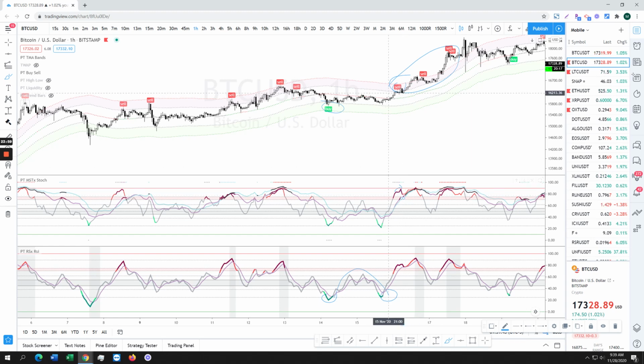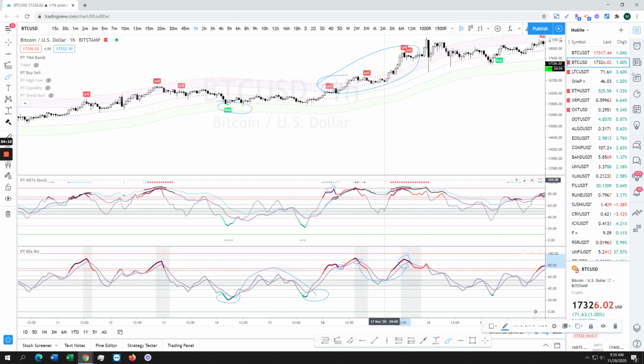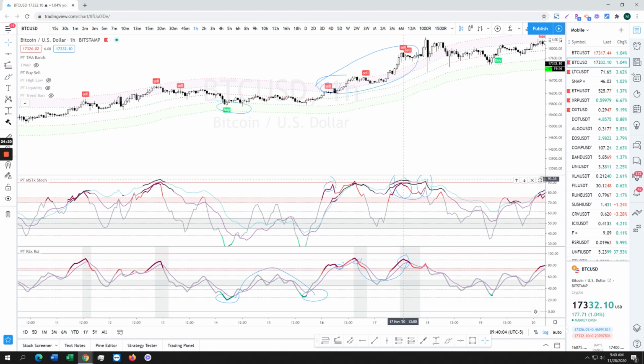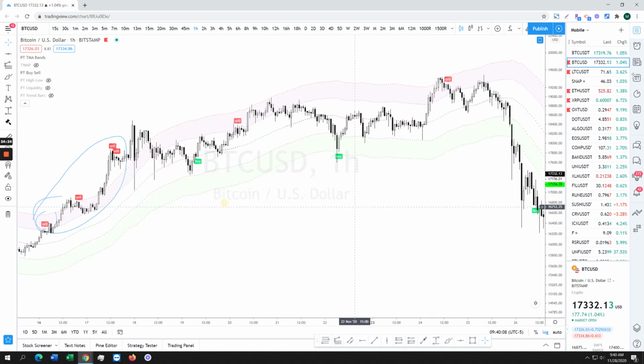Do not take any sell signals unless you're under the signal line or unless your RSX cross. See how you use it as a bounce? That's very dangerous. Wait until you get an RSX cross or you go for your retest, and you always get a retest. This is a beautiful retest. Look, you have to be under it. You see how the stoke is under both lines? The stoke is under the signal line plus the band line. That's a safe short, right? So,